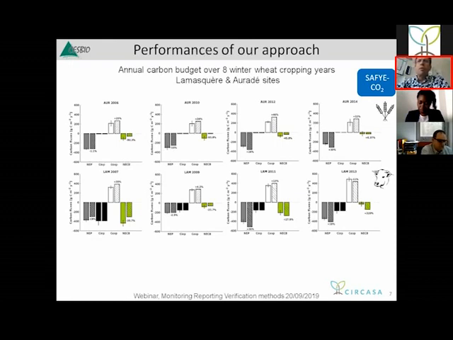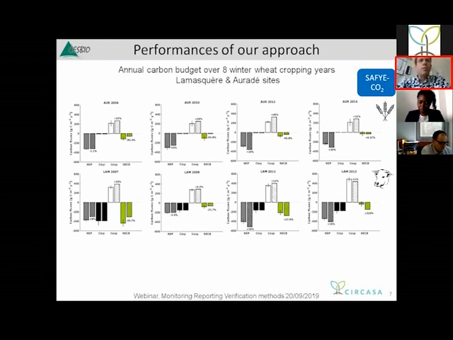Orade belongs to a cereal farm, so only the grain is exported and there is no organic fertilization. And at Lamaska, the grain plus the whole above ground vegetation is exported, and there is some organic manure,